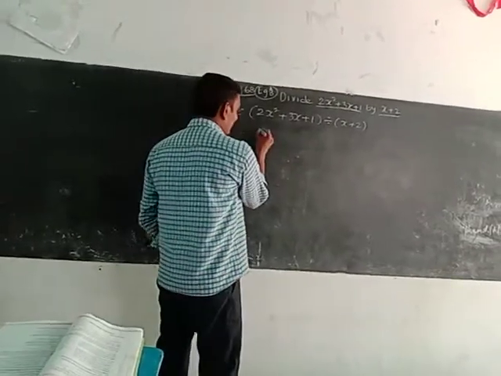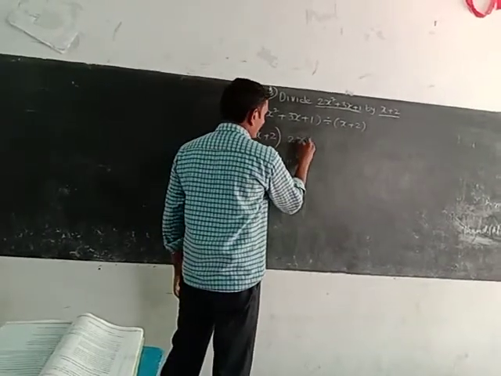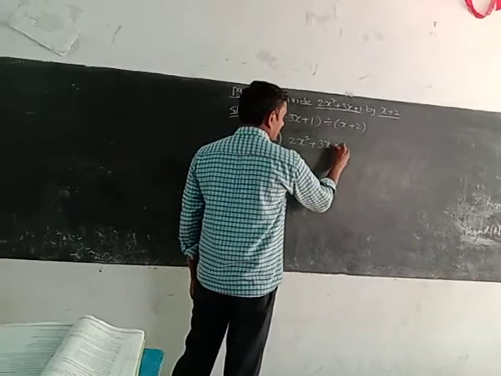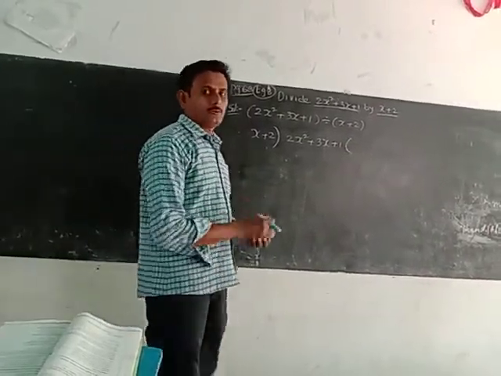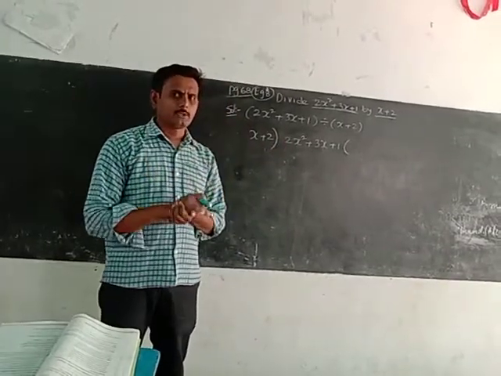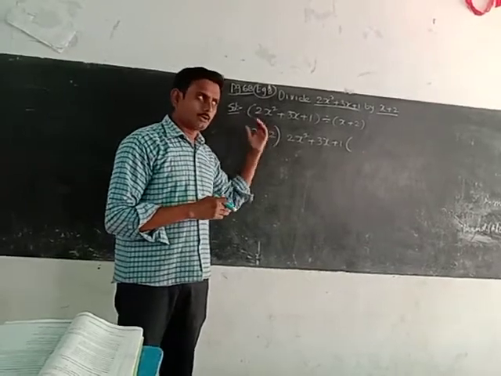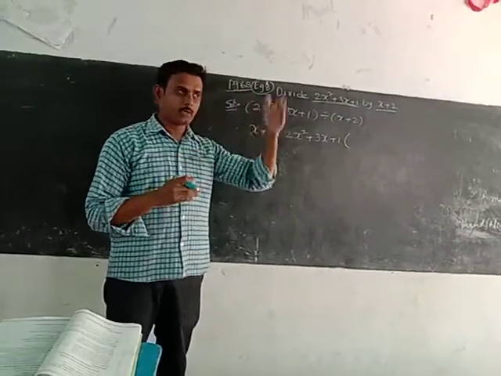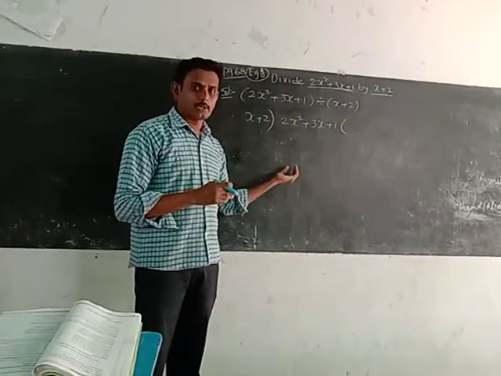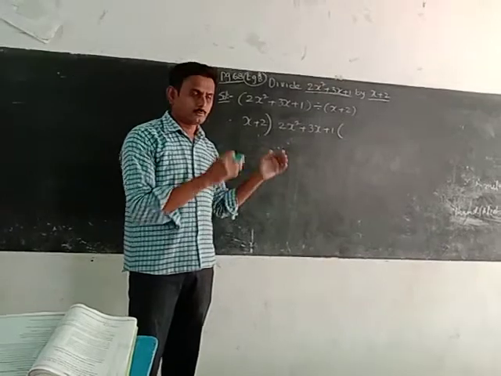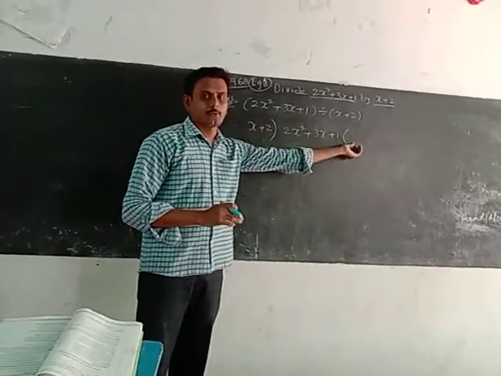Now we will take a division. x plus 2 is the divisor. The dividend is 2x square plus 3x plus 1. Now, in ordinary division, we know the tables well. By recalling the table of the divisor, we write the dividend portion and subtract it systematically. But here we don't know what quotient we have to write.